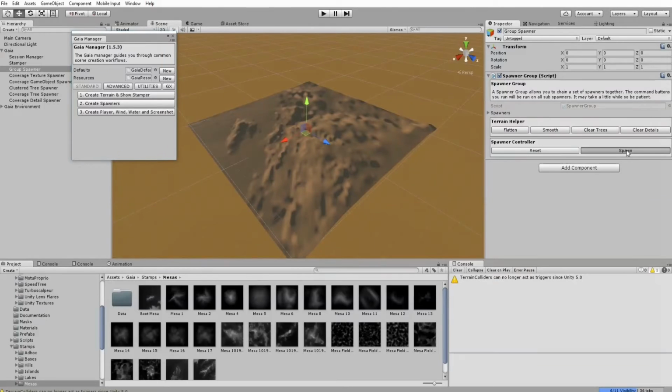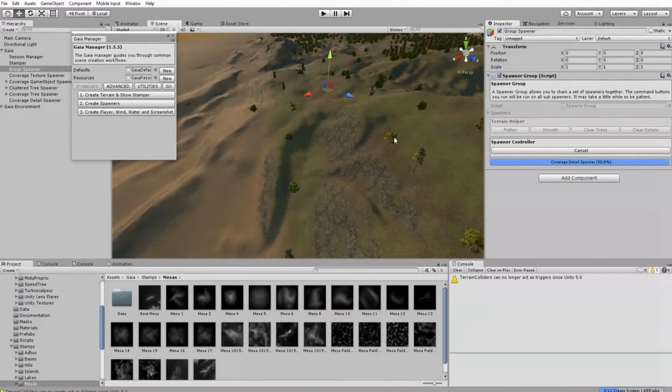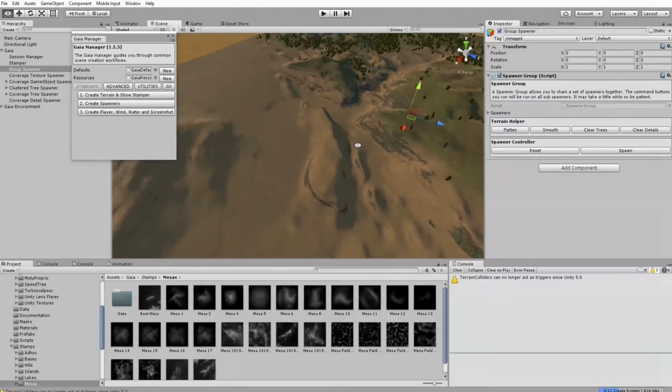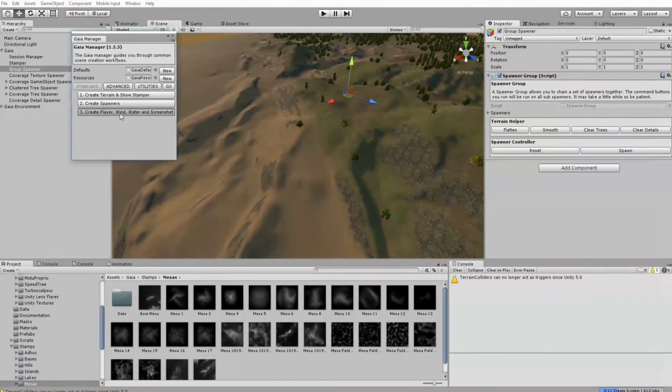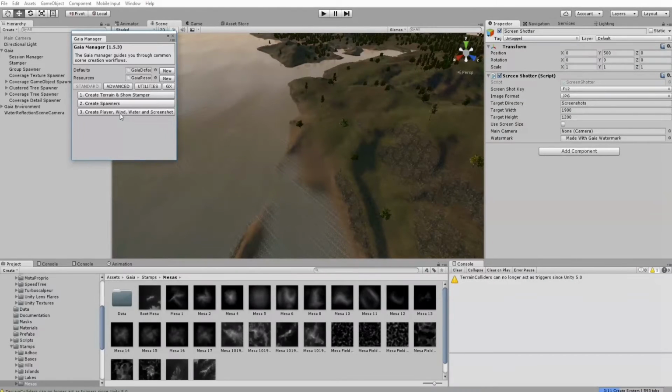Now we create the spawners. Press spawn, and this takes some time. I cut this out, and now you can see the end result. There's grass generated and trees, and now we create the player, wind, water,